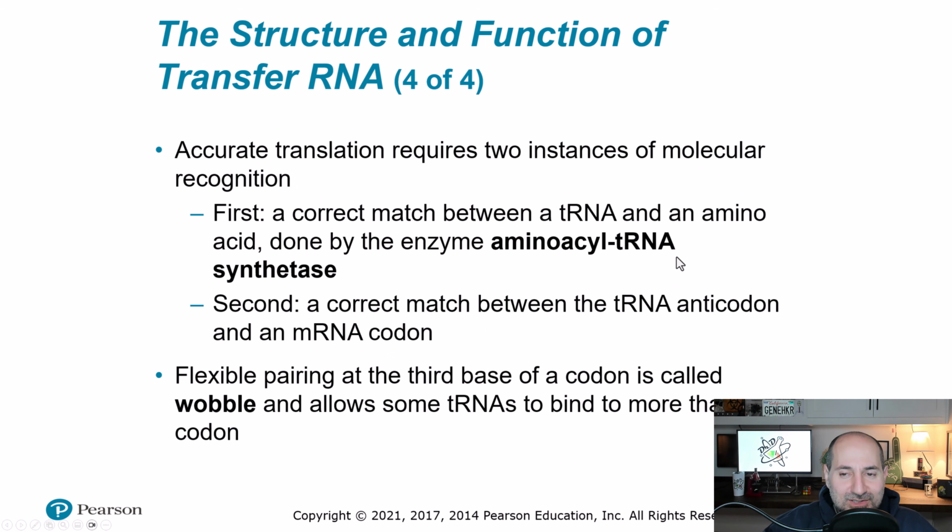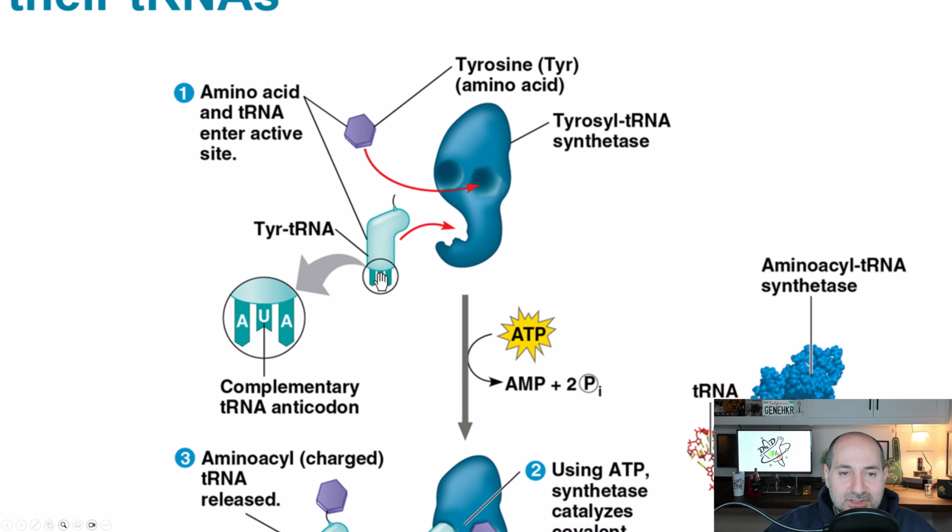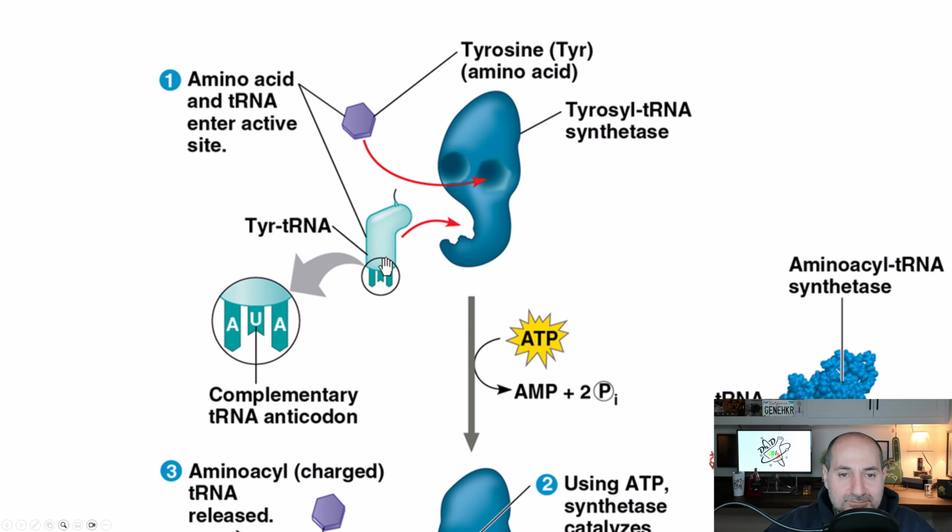Well, you don't need to know this in detail for my class, but there are these enzymes called aminoacyl-tRNA synthetases, and these enzymes load tRNA with the appropriate amino acid. So here you can see, for example, here is a tRNA. This is called an uncharged tRNA. You know why? Because it does not have an amino acid attached, right? This tRNA is uncharged until it's recognized by an aminoacyl synthetase, which will grab the